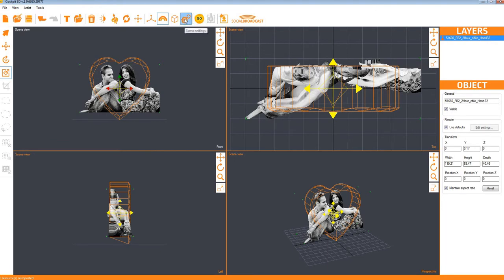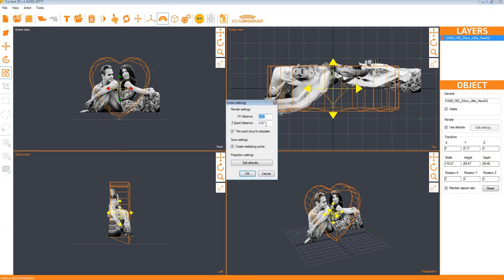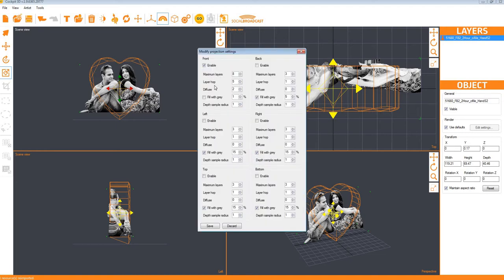For point spacing, we recommend 0.07 for XY, 0.07 for Z. Most laser operators will recommend either 0.08 for XY and 0.20 for Z. On some Asian lasers, they might recommend 0.10 for XY and 0.30 for Z. However, what we recommend is to completely change your settings, and whether you have an Asian laser or a Canadian laser or a laser from anywhere else, set your XY to 0.07, set your Z to 0.07, and then go into your defaults, set your maximum layers to 8, your layer hop to 5, your diffuse to 2, and then